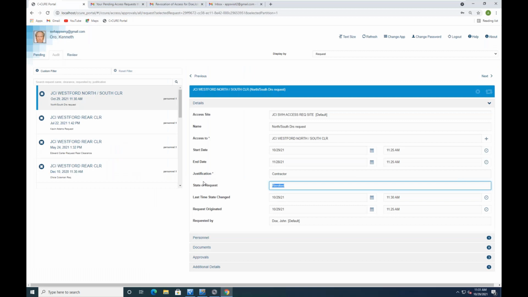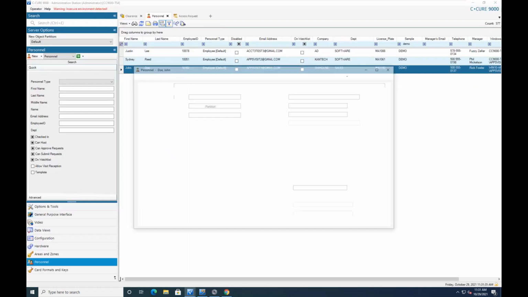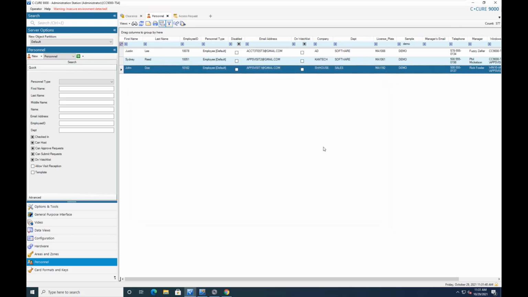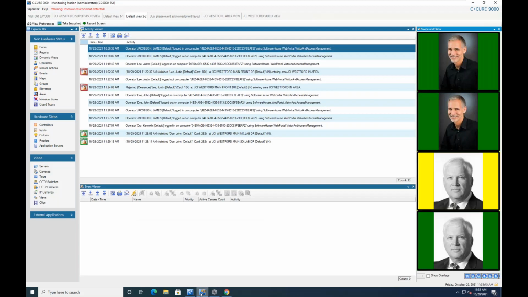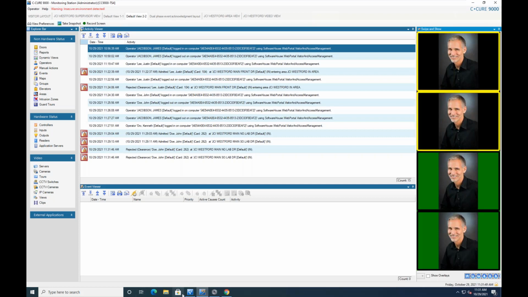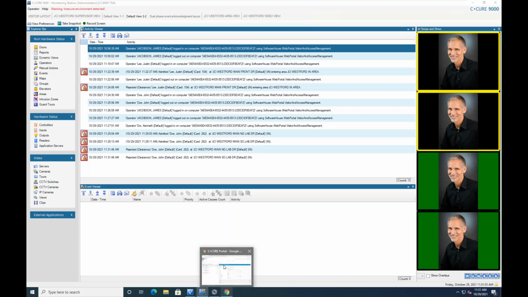And then back here in Secure, if we look at John Doe's record, that clearance has now been removed, and John Doe has no ability with that area anymore. So you'll notice he gets rejected. So that's another scenario with multiple approvers. And then we go back to